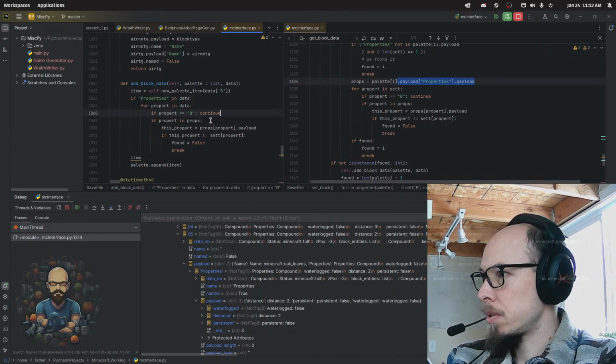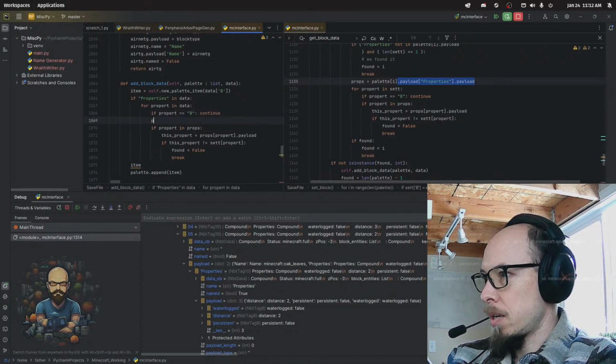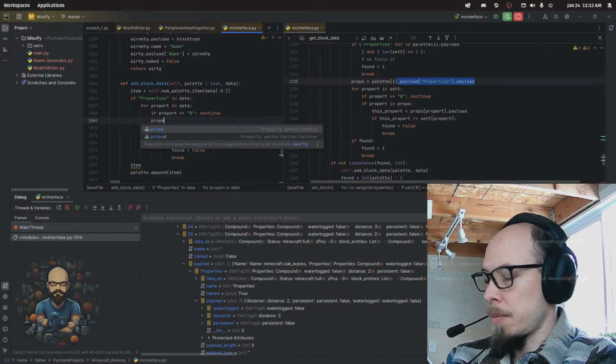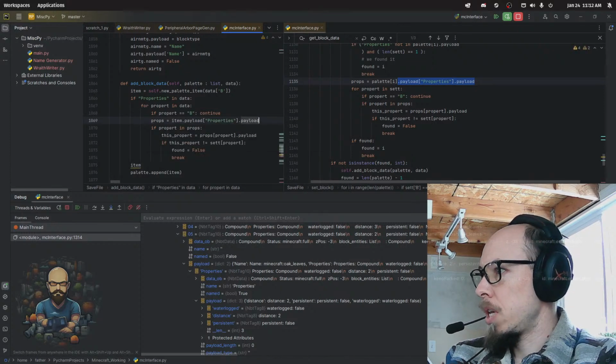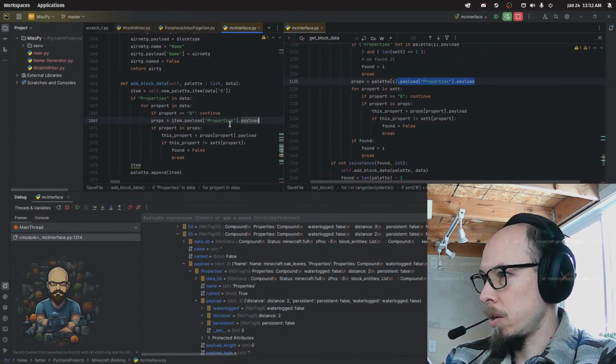If property in props, props. So props is properties. So we want to say props equals item.payload properties.payload. If the property that we're looking for is in props, then